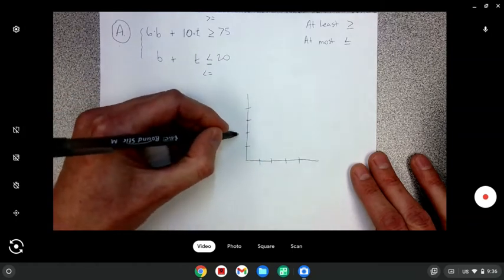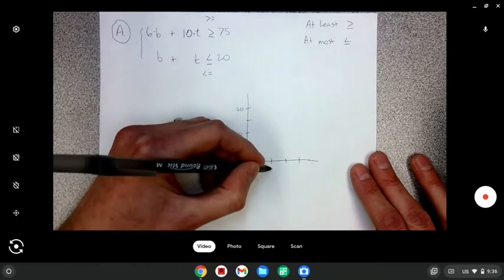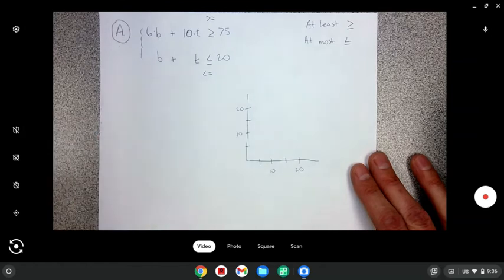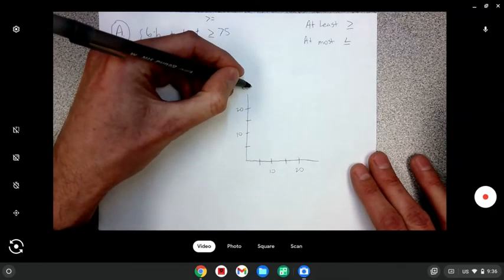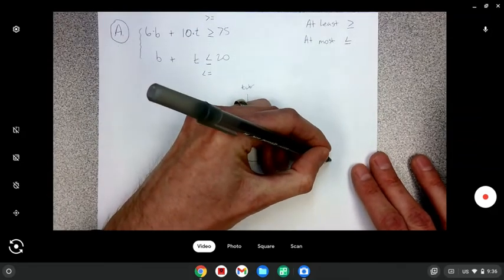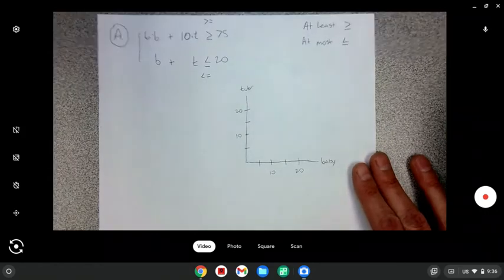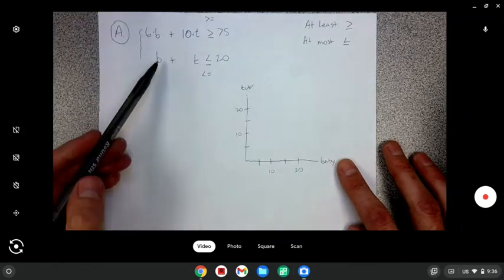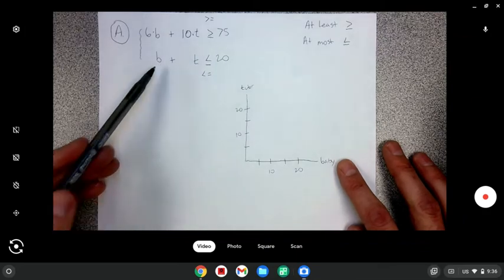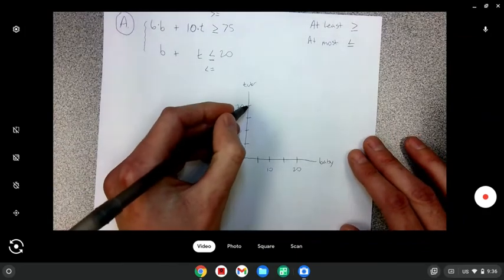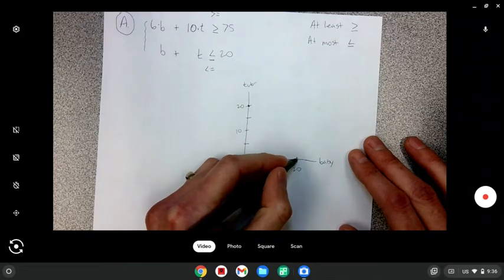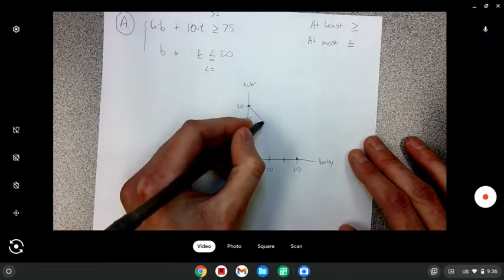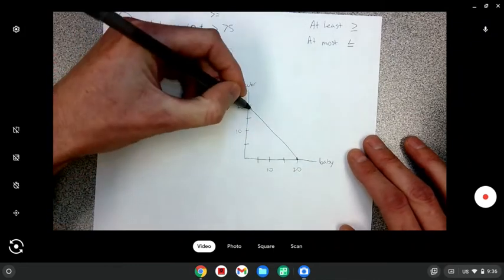I'm going to count by fives here. It doesn't really matter which one is our X and which one's our Y. I'm going to go ahead and make this my tutoring. And this is going to be my babysitting. Right there. So the X-axis is my babysitting. Tutoring is my Y-axis. I'm going to graph the number of hours first. So she needs to work at most 20 hours. She's only allowed to work 20 hours a week